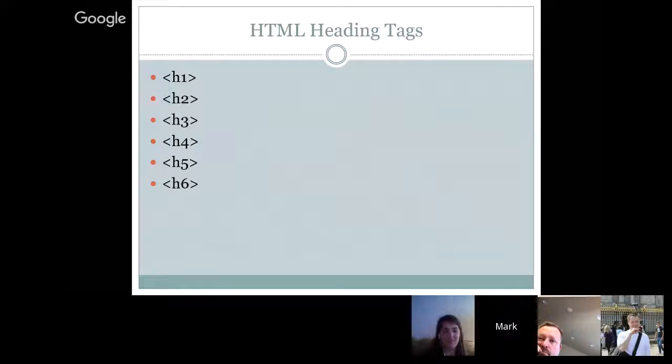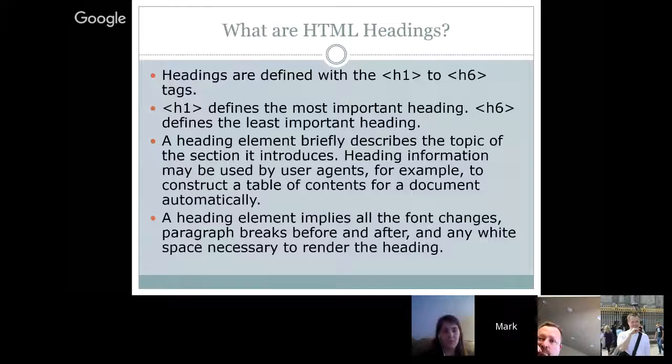All right, and then so I'm going to cover a little bit about heading tags. You got H1 through H6. Pretty quick. H1 defines the most important heading, and H6 is the least important heading. Heading element briefly describes the topic of the section it introduces. And this heading information may be used by user agents, for example, to construct a table of contents for a document automatically. And heading element implies all the font changes, paragraph breaks before and after, and any white space necessary